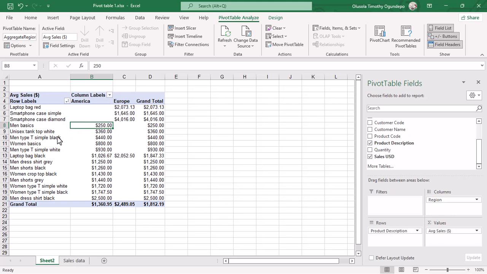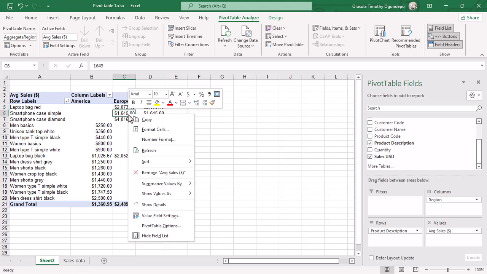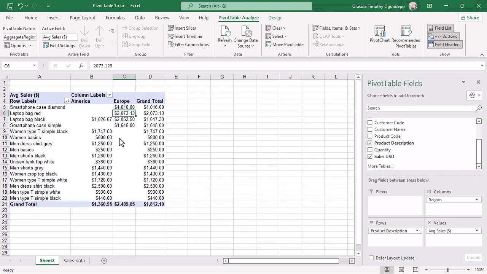With that, we are able to see how the products are performing in America, and also in Europe too. We can see how that one too is performing. Let me right click here. Immediately I right click on the second row, you see that particular option comes up, and I can just click on sort from largest to smallest. Immediately I click on it, you see the values. We see that the one that is performing well in Europe is this smartphone case diamond, and another one that is performing in Europe is laptop bag red. So that's how we are able to summarize the data and sort it in ascending and in descending order